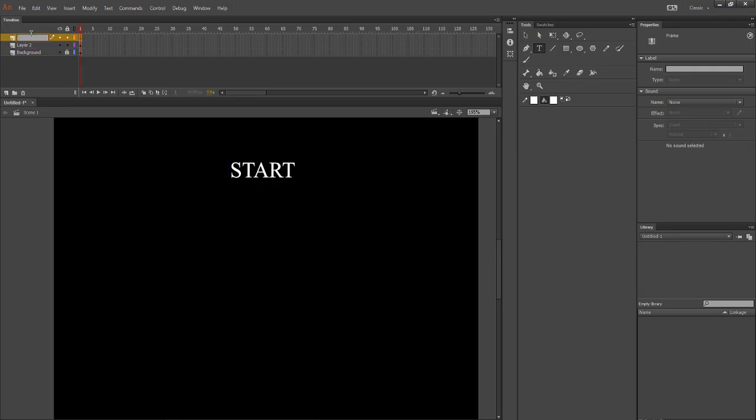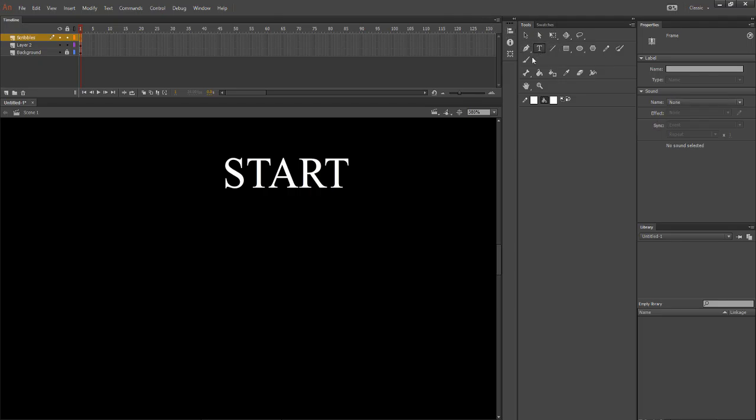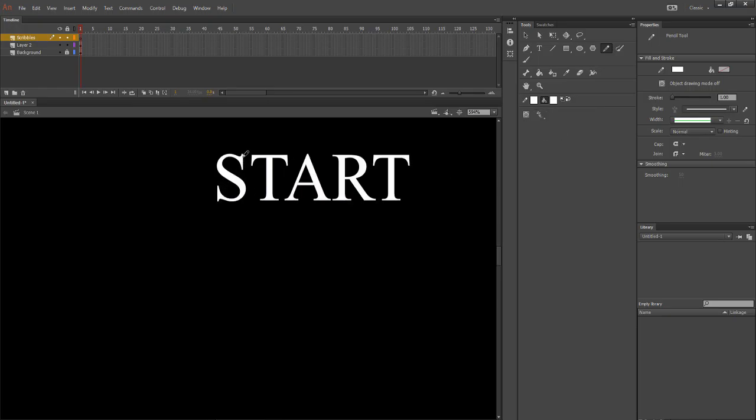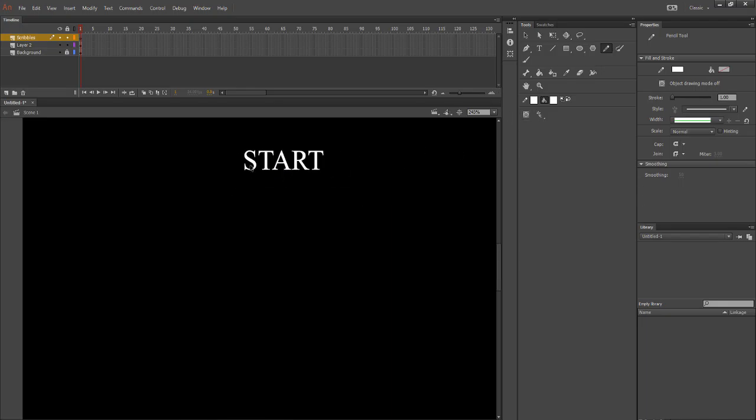Okay, so now that we have that, we're going to add in another layer here. And this is going to be scribbles, with random capitalizations, because I do that. And as the name suggests, we are going to change this to inking. And let's see where that gets us. Terrible. Terrible. Alright.